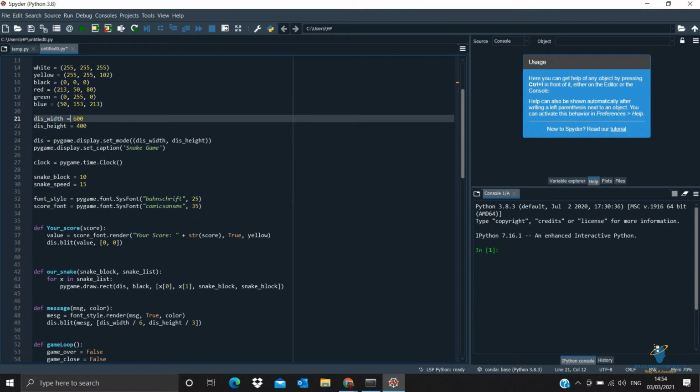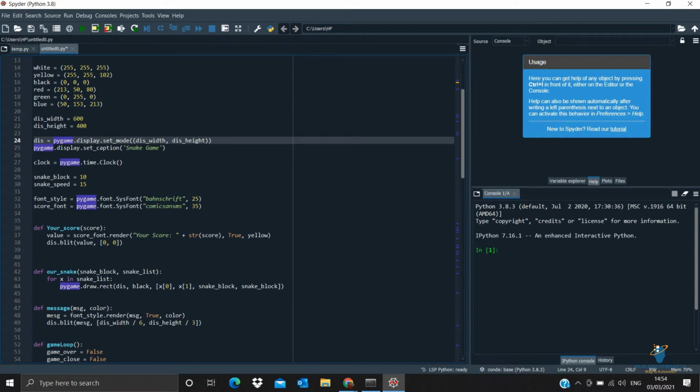Then we call a new variable, display, and with the Pygame library, inside pygame.display.set_mode we use this display width and display height.